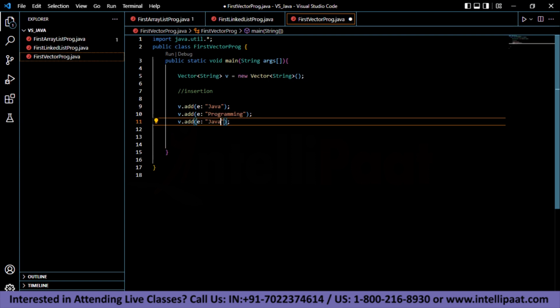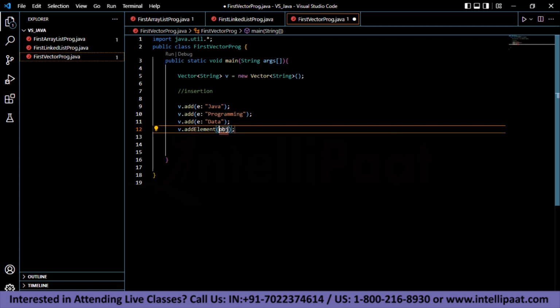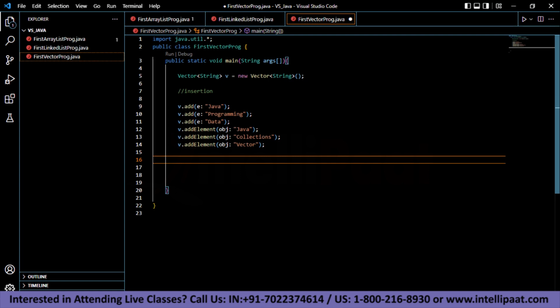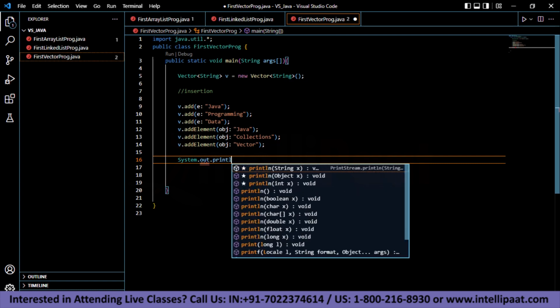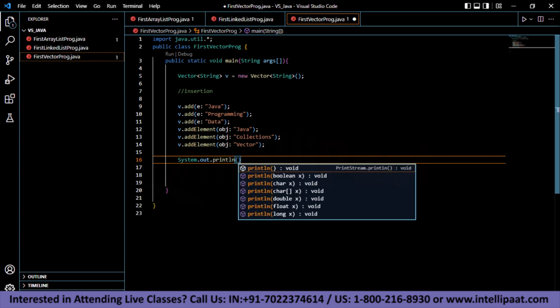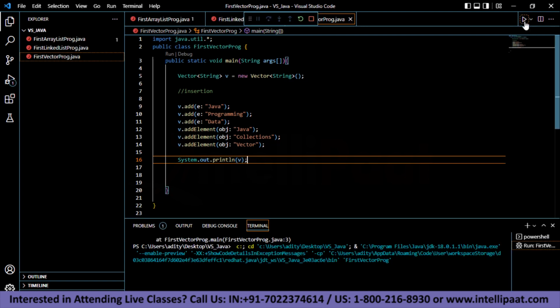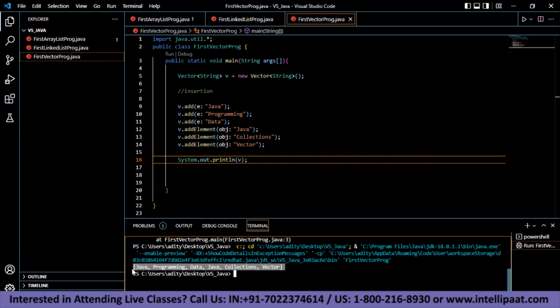programming, and now we'll add a few elements using the addElement method. Now that we have added a few elements, we'll print our vector. So to do that, we'll use the System.out.println method, and inside it we'll pass our object v. So let's run our code and see if the vector is getting created or not. If you can see here, the vector is getting created